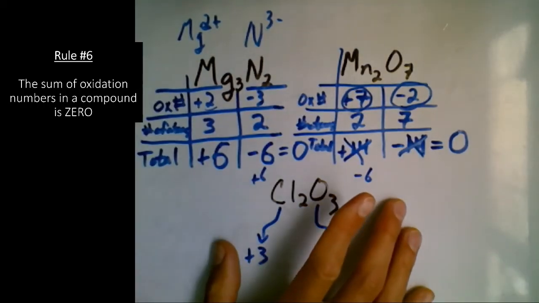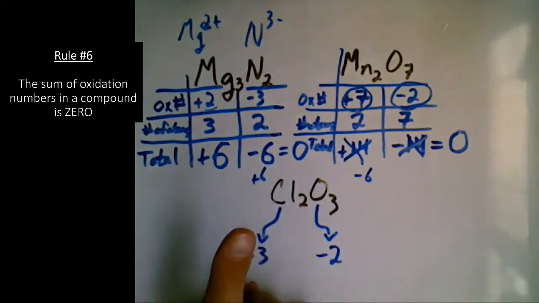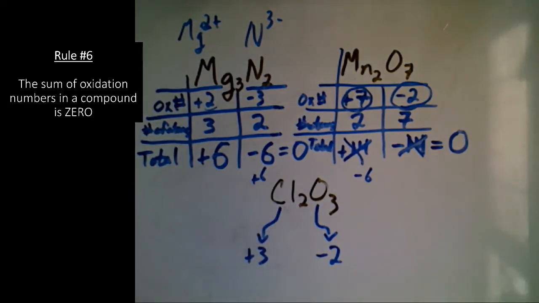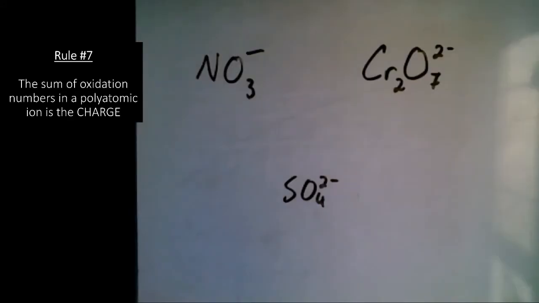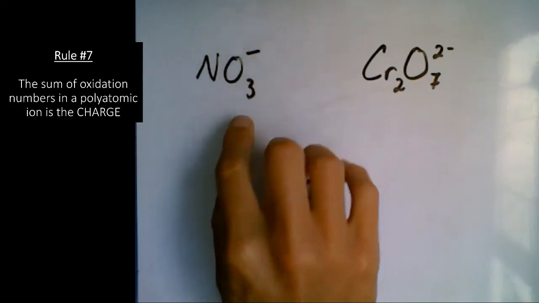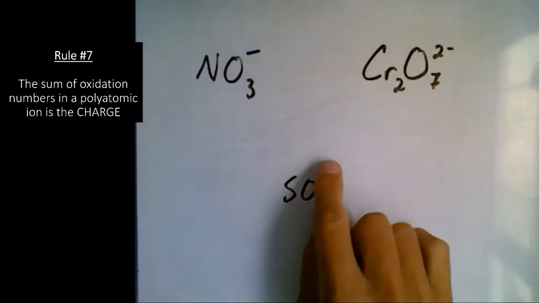So that's rule number 6. The sum of oxidation numbers in a compound is 0. We have one rule left, rule number 7. So rule number 7 is the sum of oxidation numbers in a polyatomic ion is the charge. So let's take a look at a few polyatomic ions. Remember, you can identify a polyatomic ion because it's more than one element combined together, and it has an overall